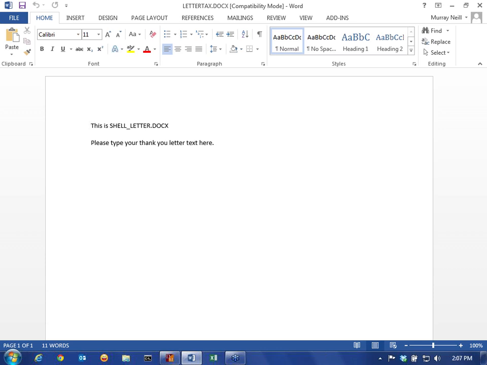So if you create a document called shell_letter.doc or shell_letter.docx, then it will automatically pop this up. Now if you look up the top, you can see the document name that it's created. It's called lettertax.docx. Now if your embedded letters are of the .doc style, then you should create shell_letter.doc. Whereas if all of your embedded letters are the new format, the docx, then you should create a document called